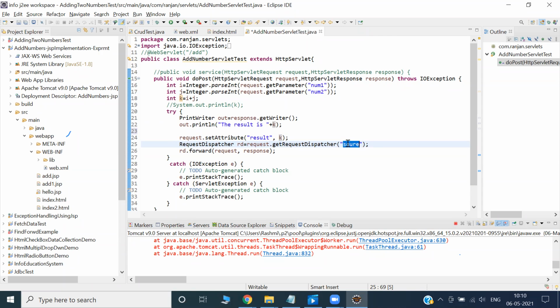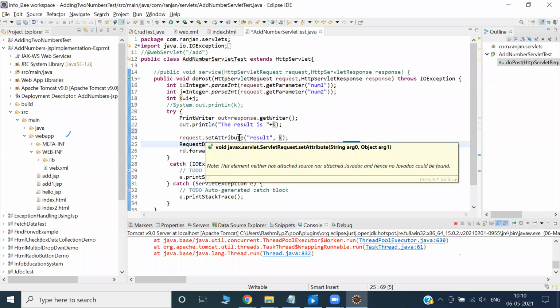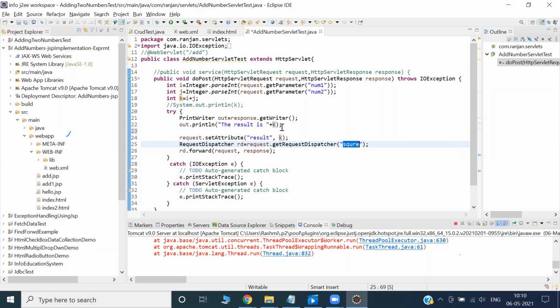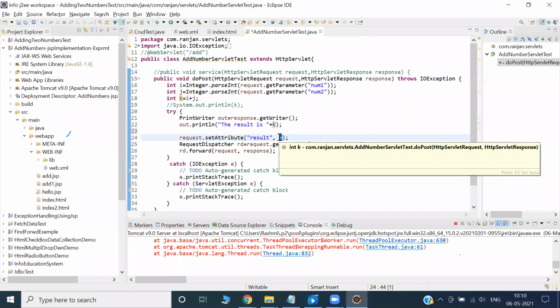I don't know the exact servlet name, but from the add number servlet, the data will carry and go to another servlet. But which data? Is the data only the request object, or am I attaching something else inside the request object? That is the something else.